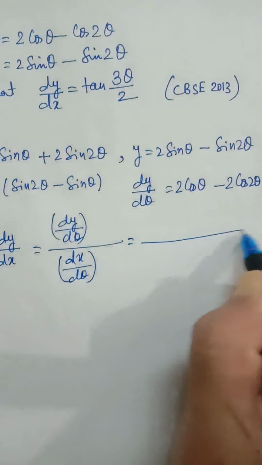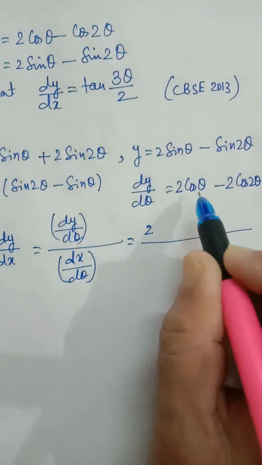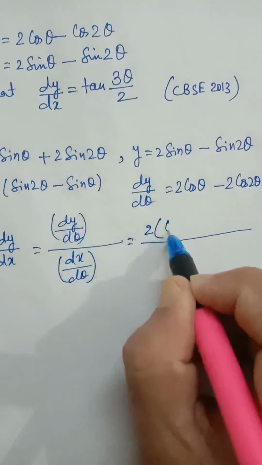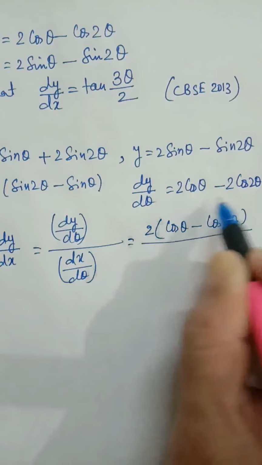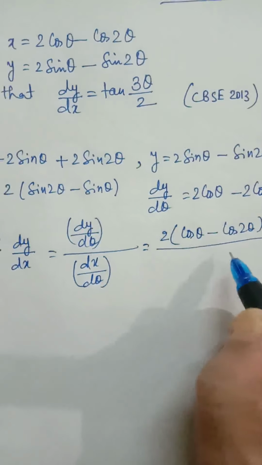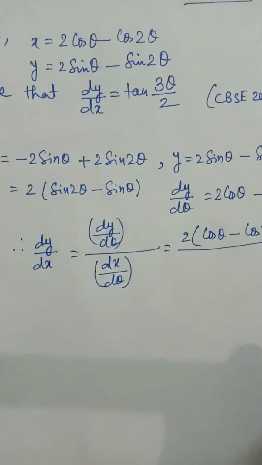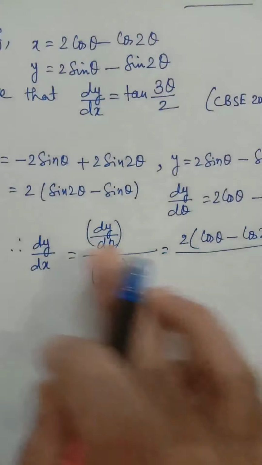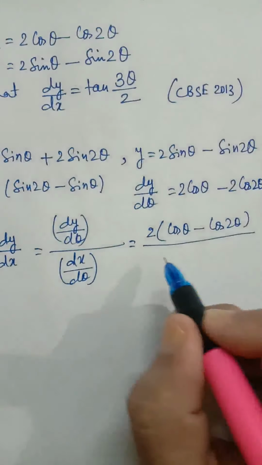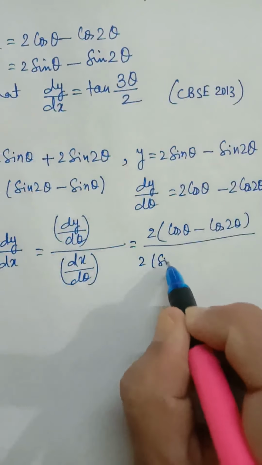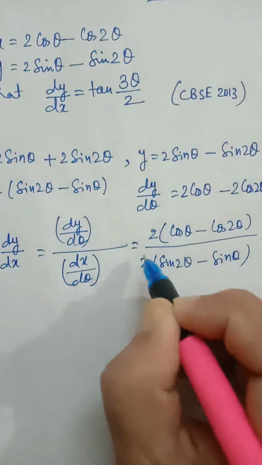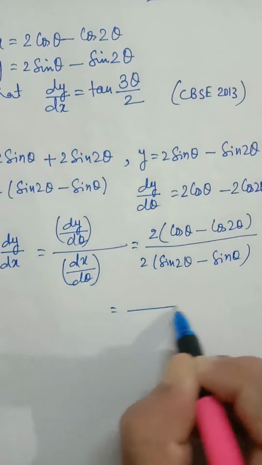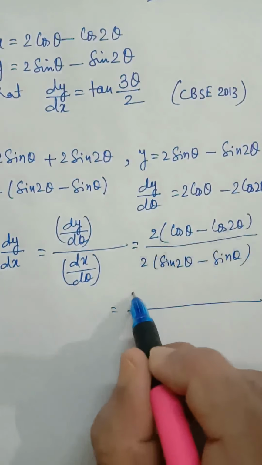dy by d theta is this: taking 2 common, 2 cos theta minus cos 2 theta. This is our dy by d theta, I have taken 2 common. And dx by d theta equal to this, so it will be twice of sin 2 theta minus sin theta. Cancelling 2 and applying the formula for cos c minus cos d here, 2